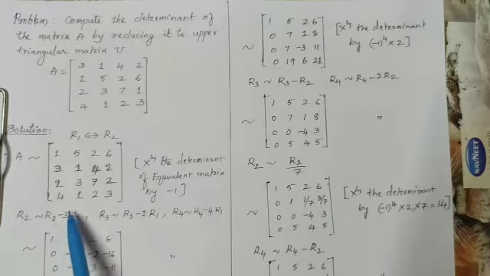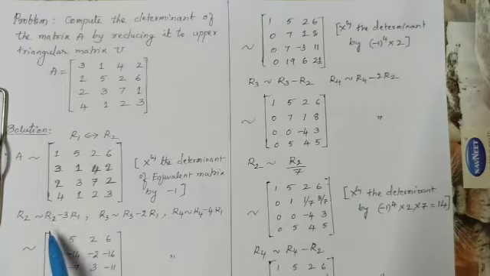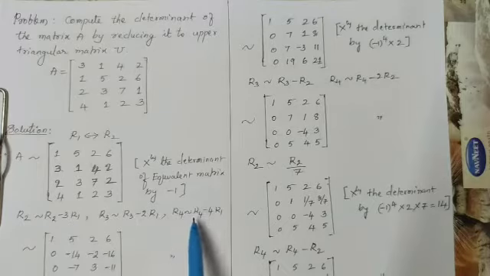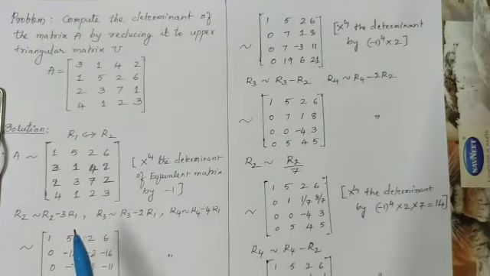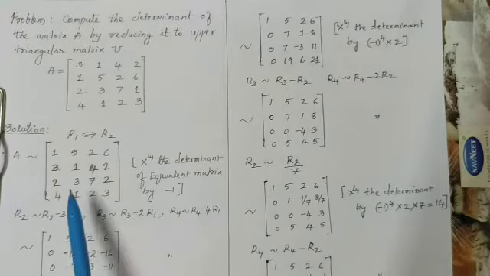I told you one property of the determinant: if you follow this operation, the determinant will not alter. Remember that the coefficient of R2 here should be 1. If it is other than 1, then the determinant alters. So this operation particularly will not alter the determinant of the matrix. If you do that, the equivalent matrix will be 1 5 2 6. Just do the simple calculations, row operations, and you will find this matrix.